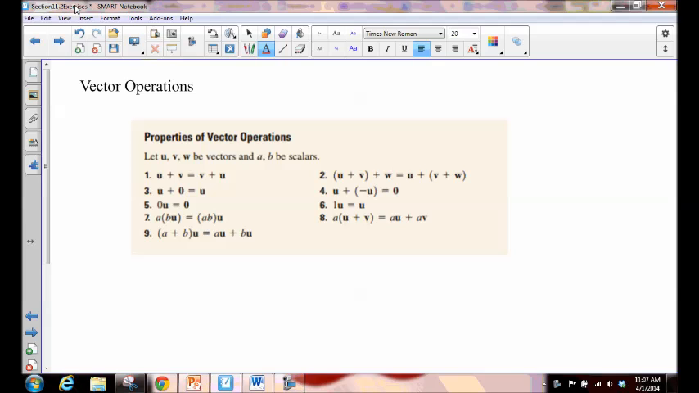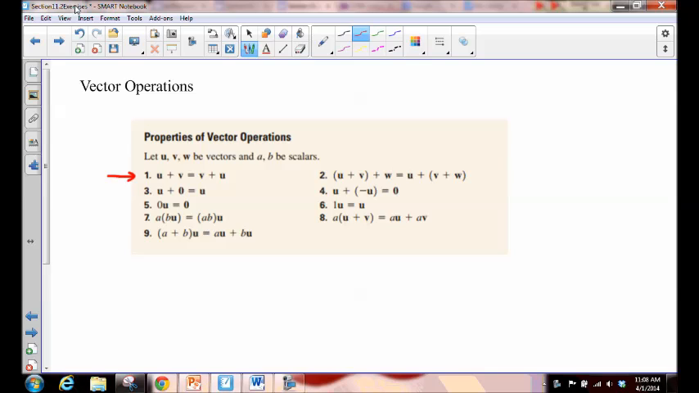All right, let's go over the vector operations. And I have up here the table from your book that you were supposed to copy into your journal, and we'll just go over these. So property 1 tells us that when we add vectors, we can change the order, which tells us that vector